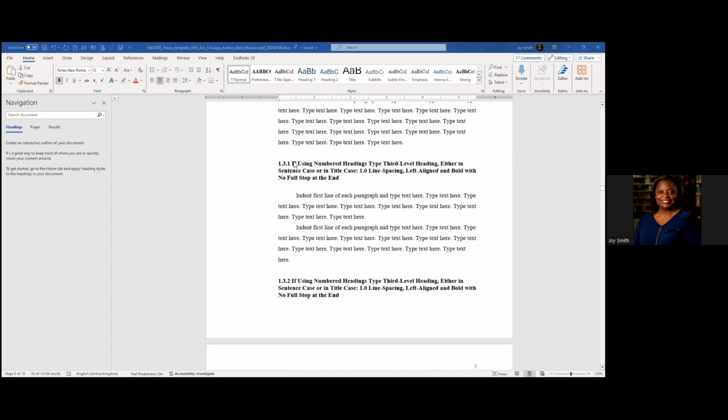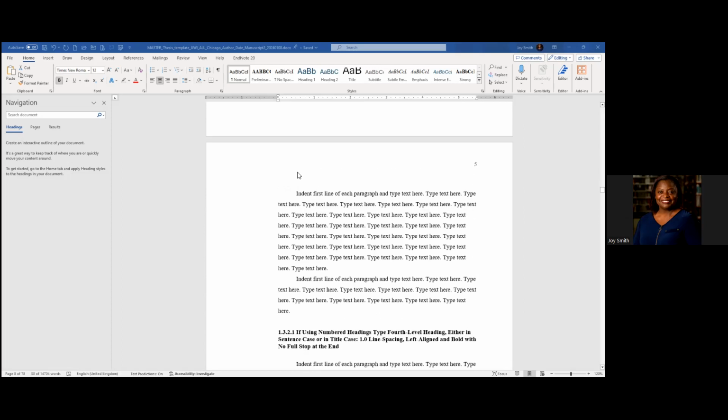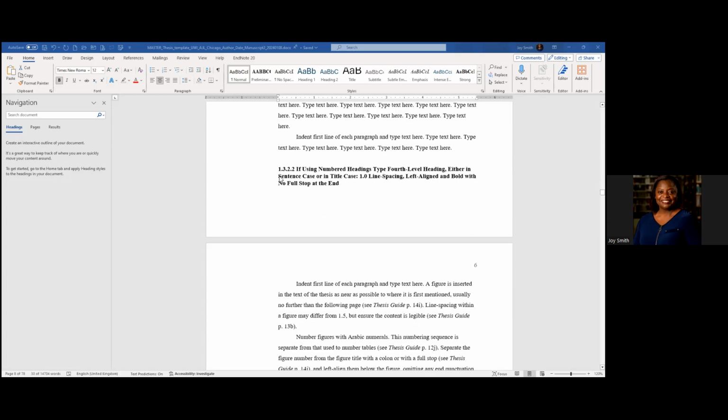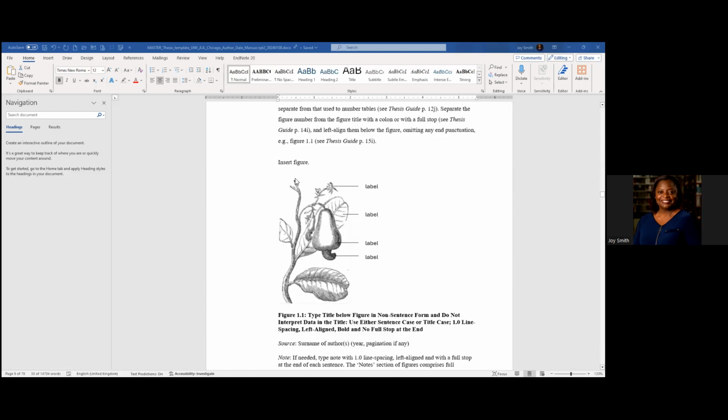This is an example of a 3rd level heading. This is an example of a 4th level heading. And these are instructions for including figures. Now, again, bold the whole heading if you must. Don't just bold figure 1.1. Bold the whole thing. There are instructions here for line spacing for